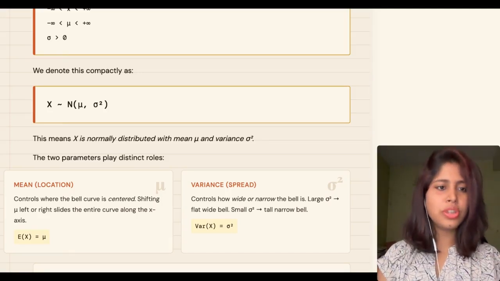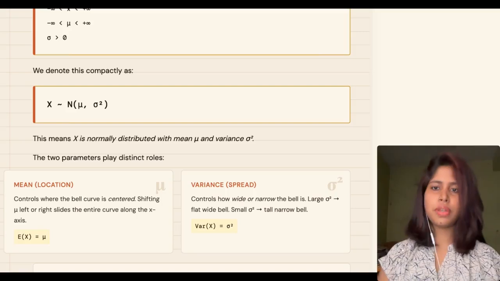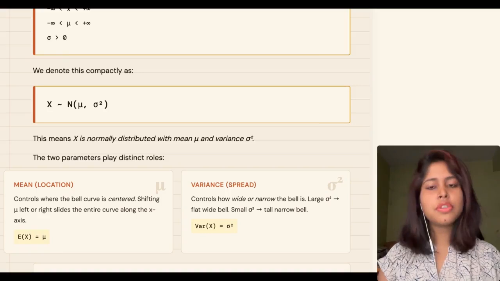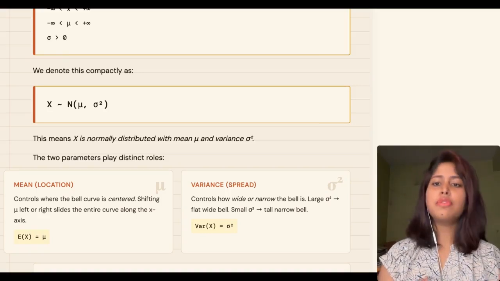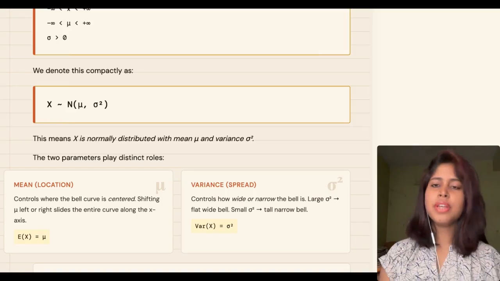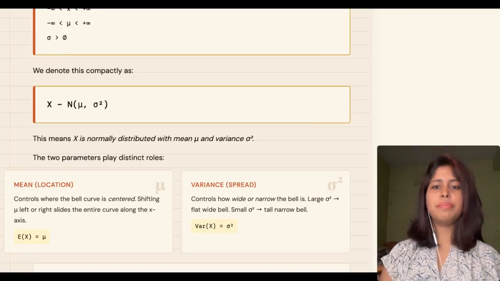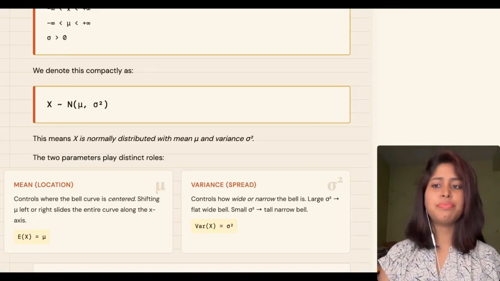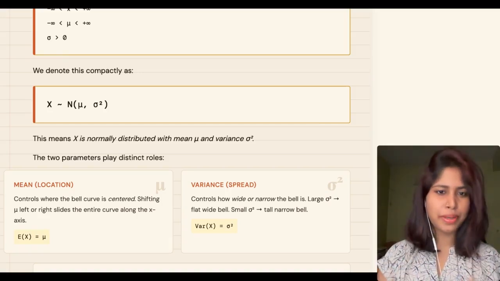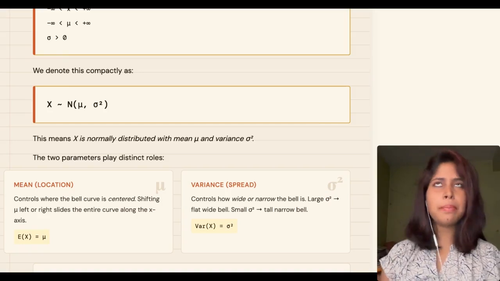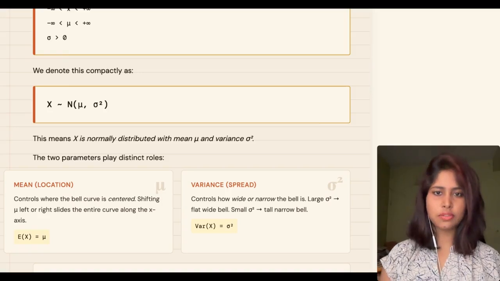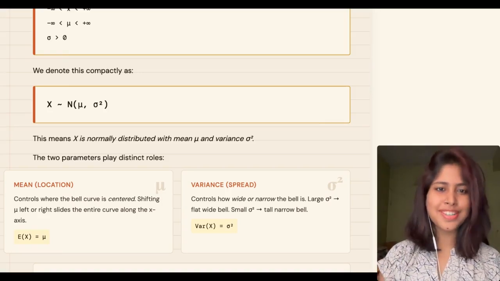See, this is the mu. The mu is the mean, right? It is the center of the bell. The peak of the curve sits exactly at x equals to mu. If you shift the mu left, the bell moves left. If you shift it right, the bell moves right. Okay. Now, what is the function of sigma? Sigma squared is the variance. We all know that. It controls how spread out the bell is. Large sigma means a wide flat bell, and small sigma means a tall narrow bell. Okay, so two numbers mu and sigma square completely describe the shape and position of this curve. That is so elegant for normal distribution, right?